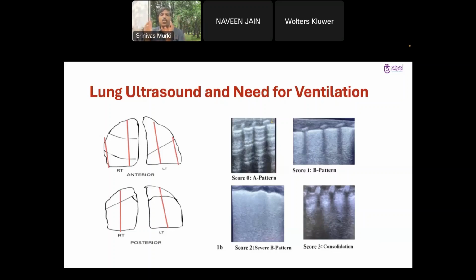So you add up all these scores anteriorly, laterally, and posteriorly. If you get a score of more than 7, you know that the baby may require surfactant, but if it is less than 7, you know that the baby will not require subsequent